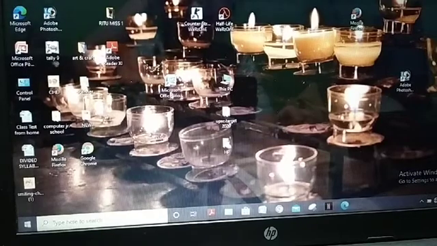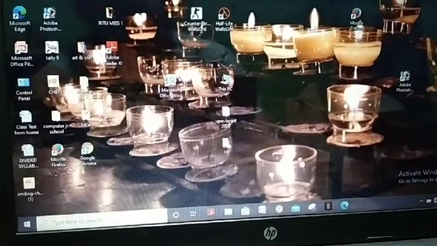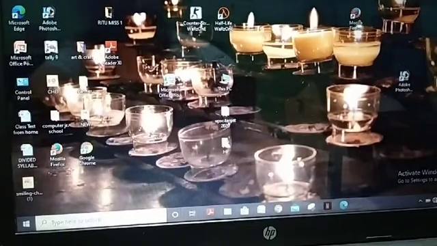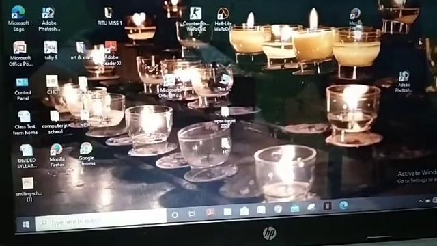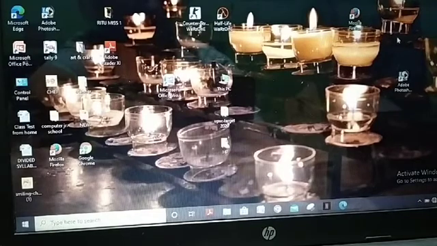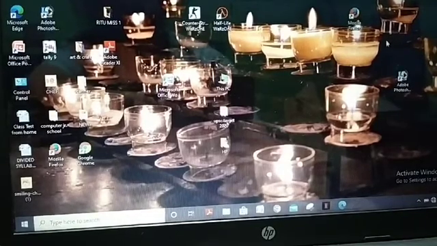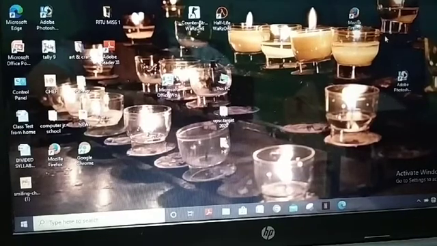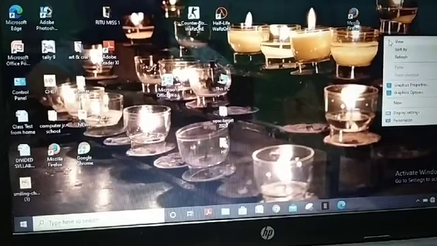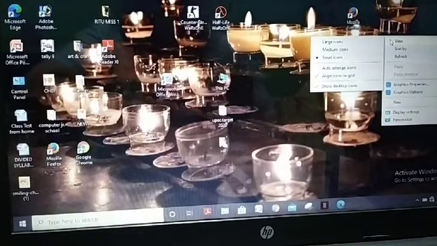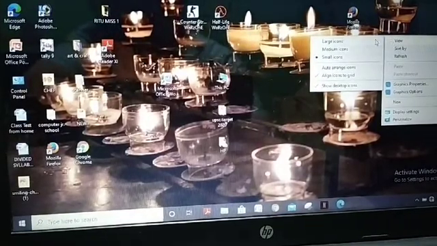If you don't want to show people the icons of the programs which you have in your computer, it can be done. Right click on an empty area of the desktop. This is the shortcut menu of the desktop.